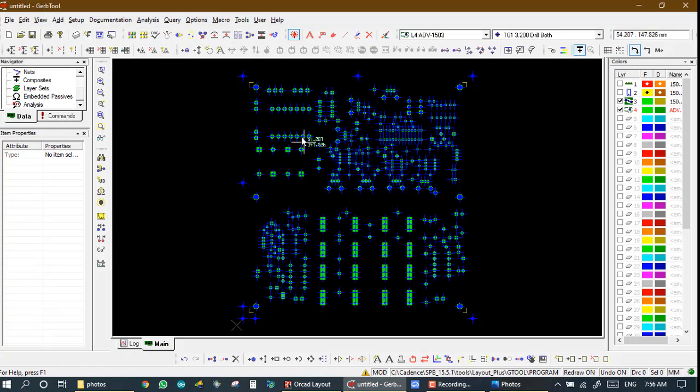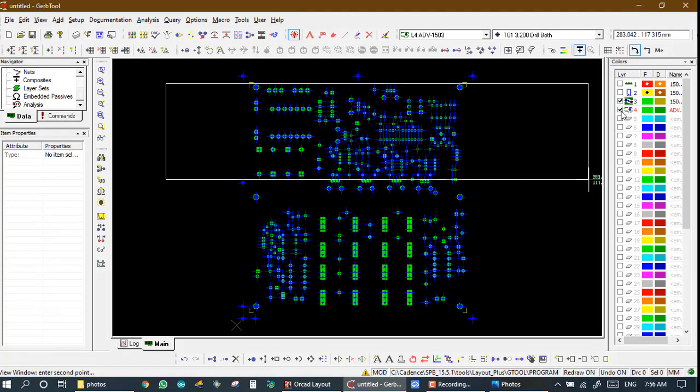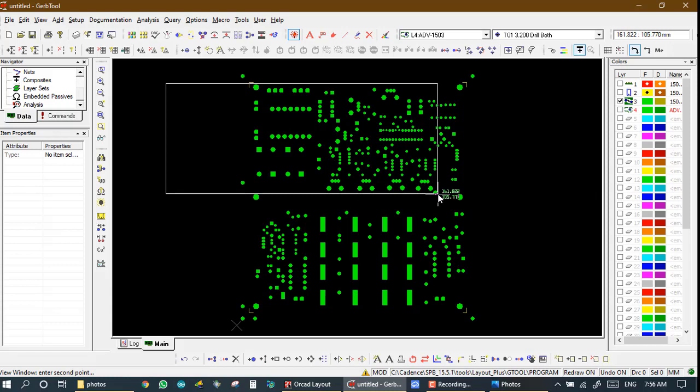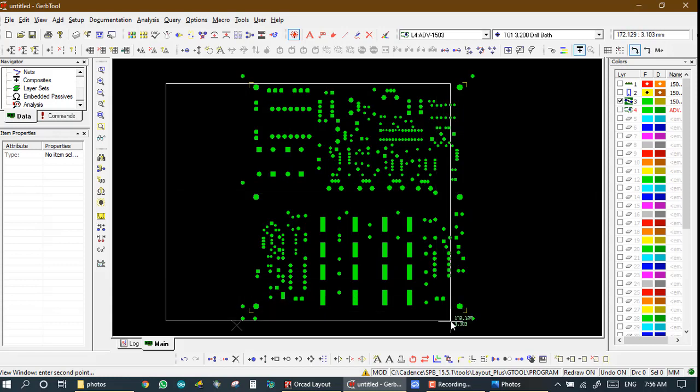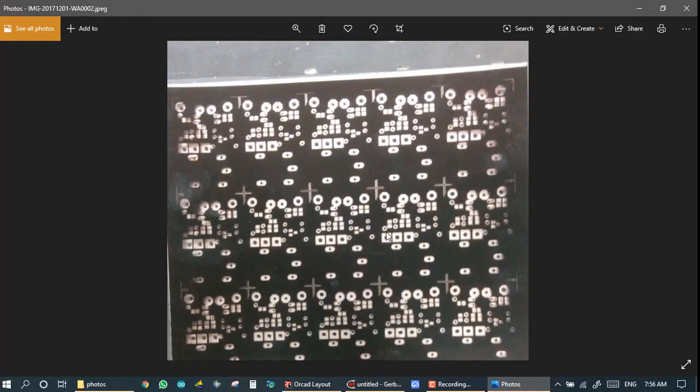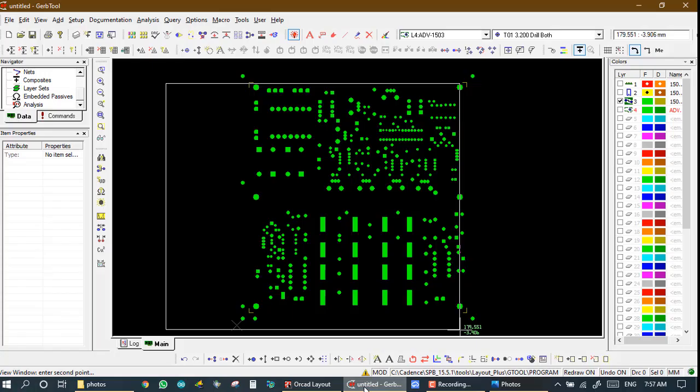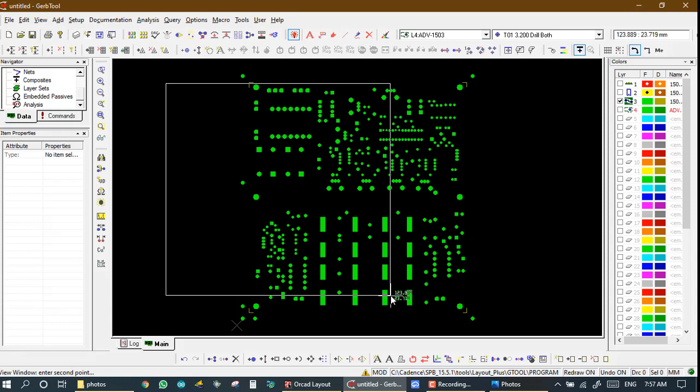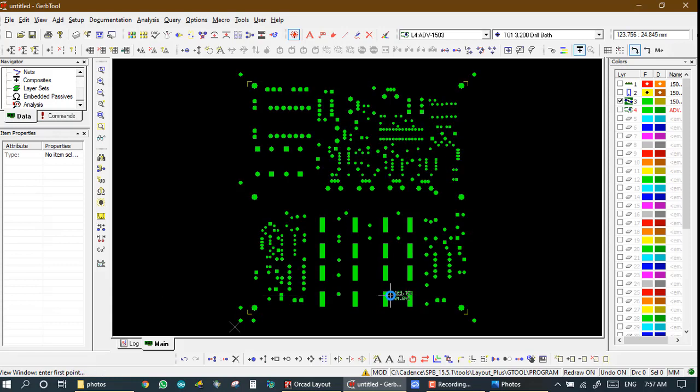So here we have just the flash, and the other area is covered by this green color, and in the production house film the remaining area is covered and the flash is not covered. So in Cadence design we want to make a composite and invert this color for our production film. For inverting color, first we measure the size of this film. For measuring size we click on measure between points.